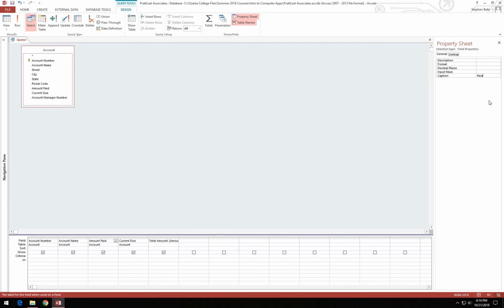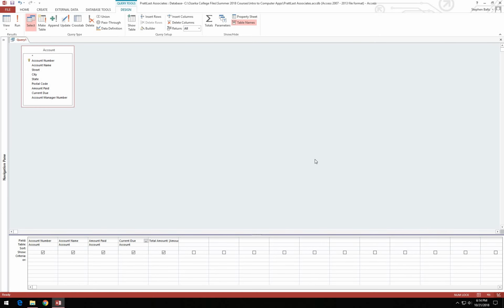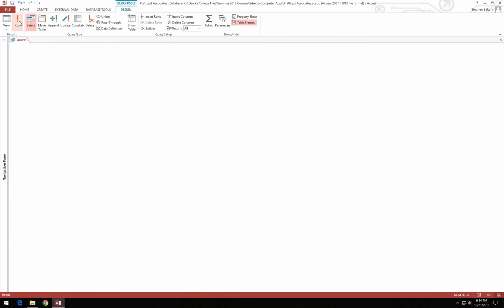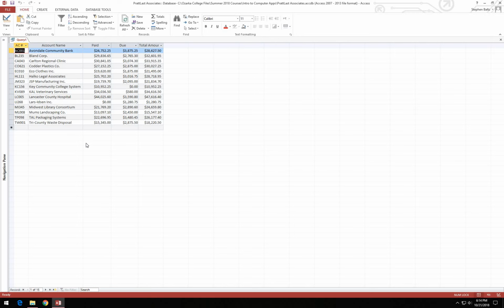Now we want to click on the current due field down here in the design grid and go up to the caption box on the property sheet and type in the word due. Then we're going to close the property sheet and run the query. Now instead of seeing the full field names for amount paid and current due, we should just see the captions that we set up for those two fields in the results of the query. So make sure that you have those correct,